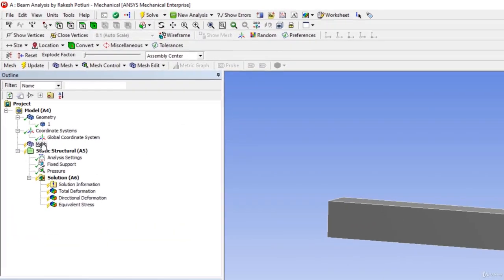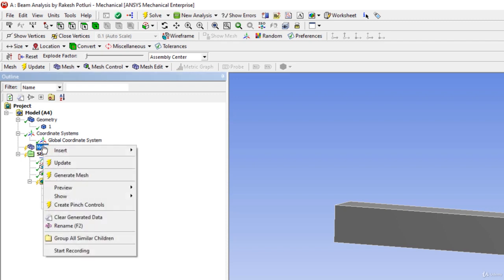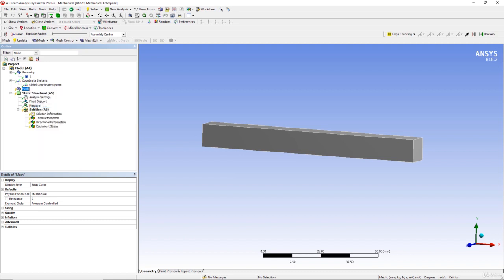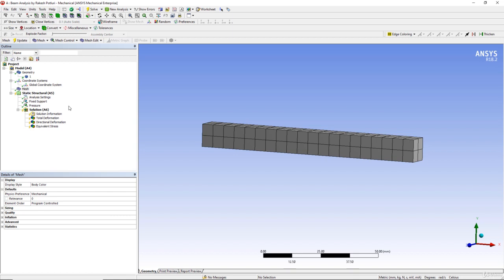need to come to the outline tree, and in the outline tree there is a group called mesh, and I need to right click on that particular group and click on generate mesh. And once I click on generate mesh, see here, based on whatever the automatic settings are, the software has generated a mesh. Now in addition to this automatic mesh generation, if you want to access a number of options